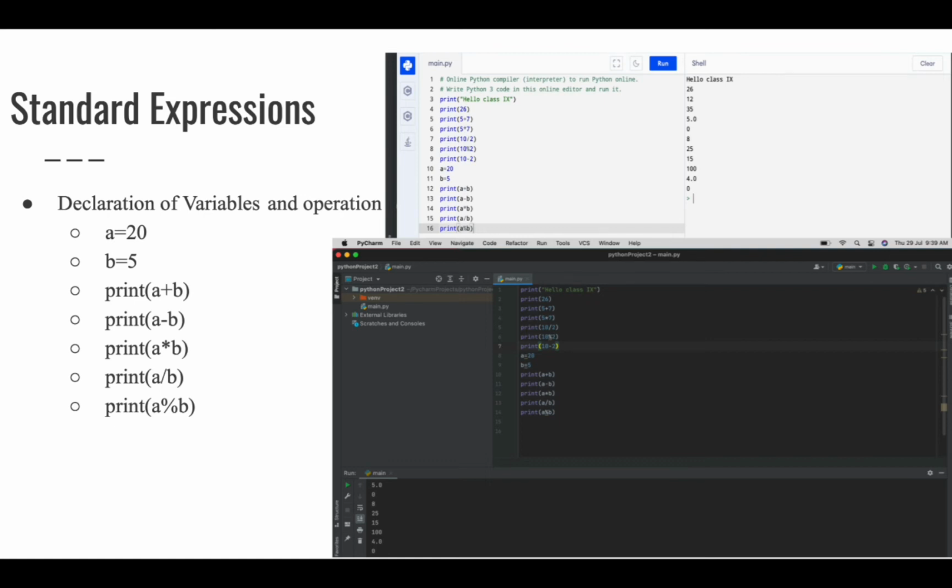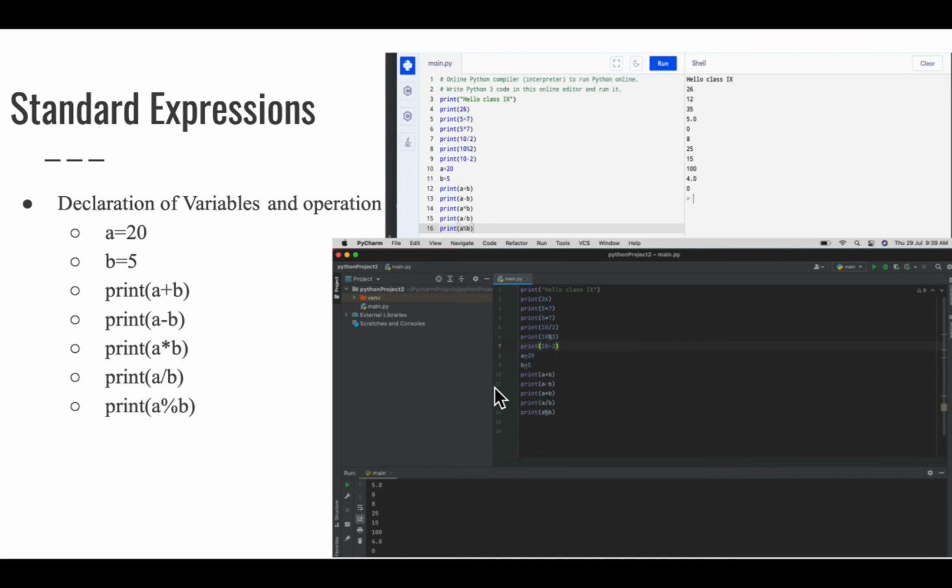Here I have taken two variables, A and B. In A, I have kept 20. In B, I have stored 5. Now while performing the operations plus, minus, multiplication, division and mod, this will give you the desired result.